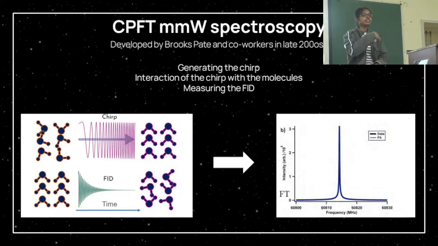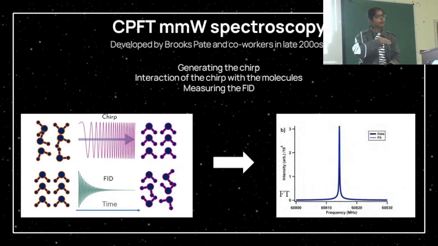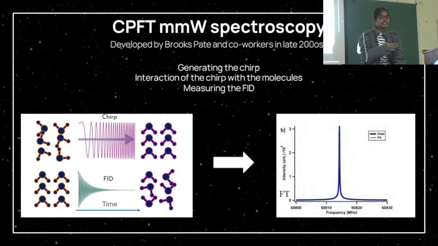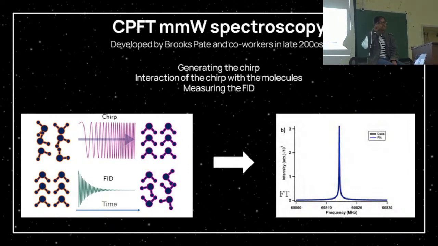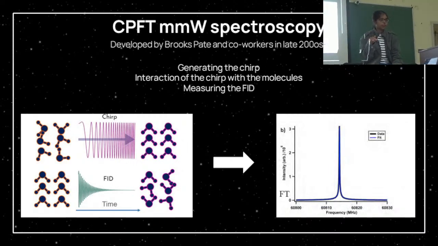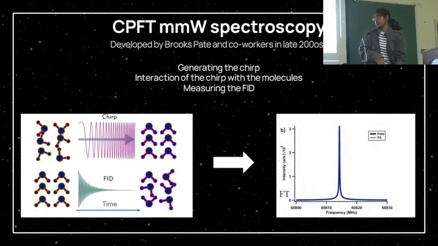A chirp is a signal that increases in frequency as time passes. It's pretty easy to see. If you draw sine waves, you see the frequency is slow in the beginning and then it speeds up as you go ahead. That's a chirp. It has multiple frequencies, and each molecule will have a different excitation frequency. You will be able to detect all of them simultaneously, which is what makes this an ideal technique for measuring branching ratios.